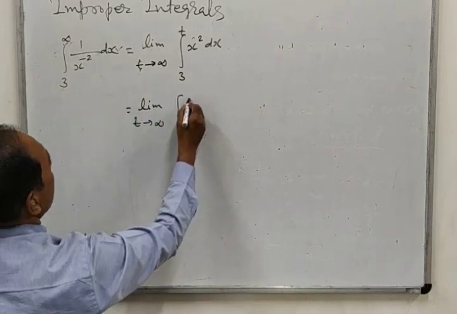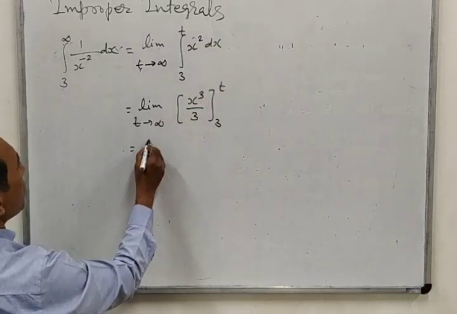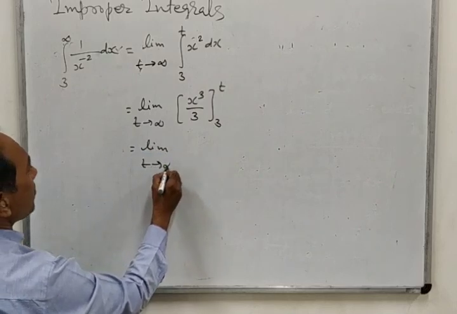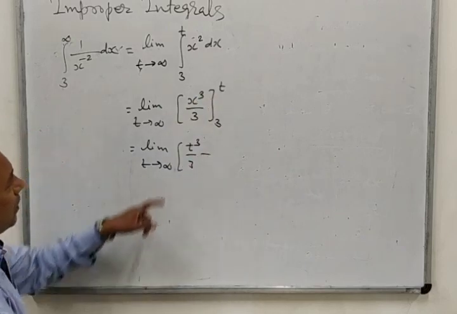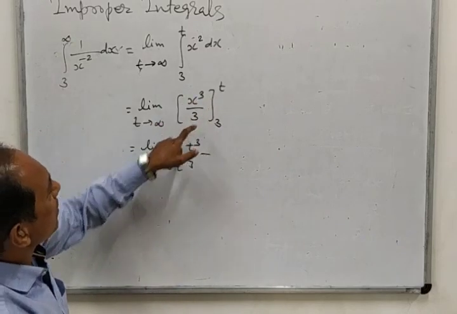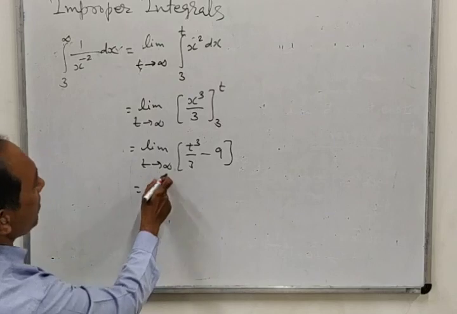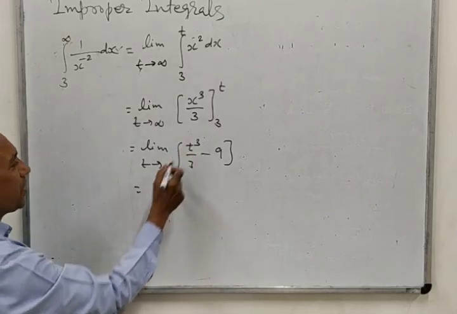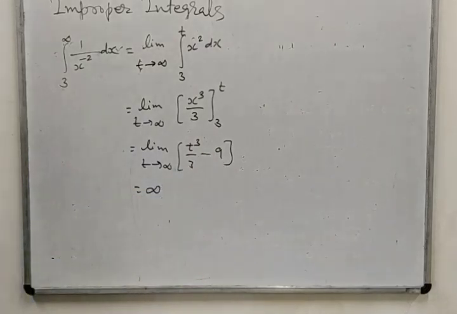So we will have the integration of x square is x cube by 3, and this you already know. The examples are very simple, no doubt. We put t cube by 3, first we put t here, then minus, we will put 3, so 3 cube by 3, that means 3 square, which is 9. So if we put infinity and find the limit, t cube means infinity cube, so it is infinity. Infinity minus 9 is again infinity, because 9 is a negligible value compared to infinity, the symbol, because it is showing that it is very large.